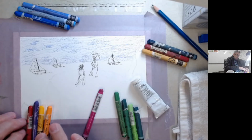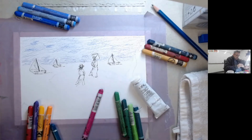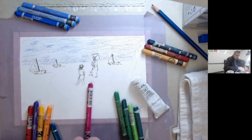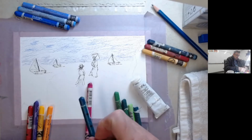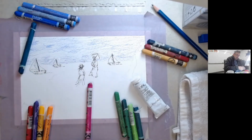We want to do the colors before we do the grasses, get the crayon pigment down, get them wetted, let them dry before we do the grasses, so we keep the brightness of those colors in there. We're going to put some of this beautiful color here into these young women's dresses. The ocean, besides some sky colors, will have this blue-green, and probably sneak a red or two into